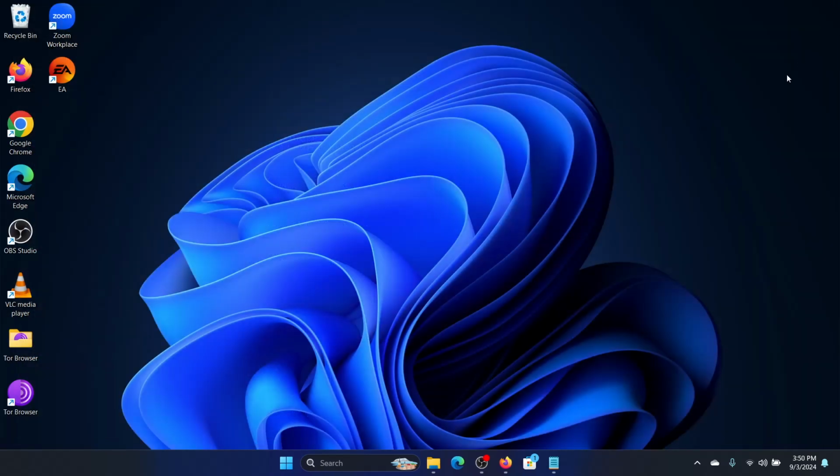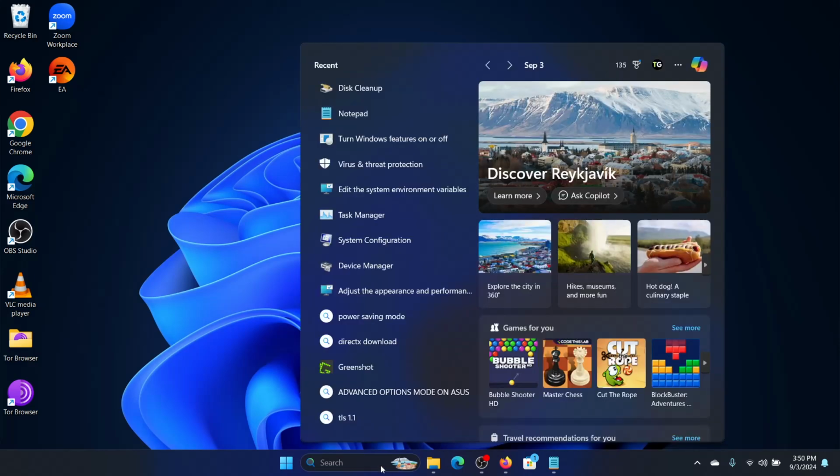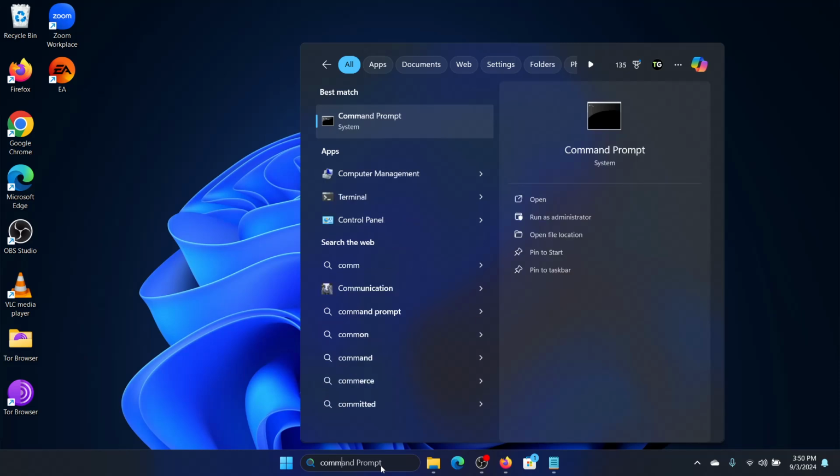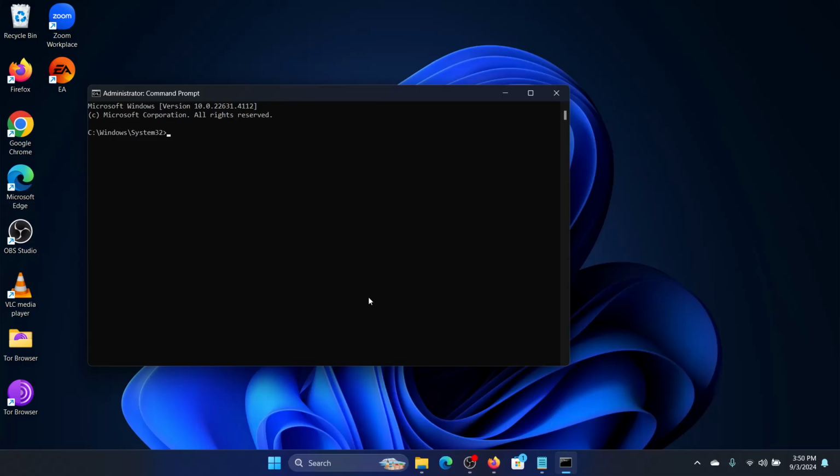And this message should not show again, but if it does, then we need to do two things. The first thing is we need to run a SFC scan. So we will go to the command prompt, right click on it, and click on run as administrator, and then we will enter the command sfc space slash scannow, press enter, wait for the scan to finish, and then we will again type in another command which will